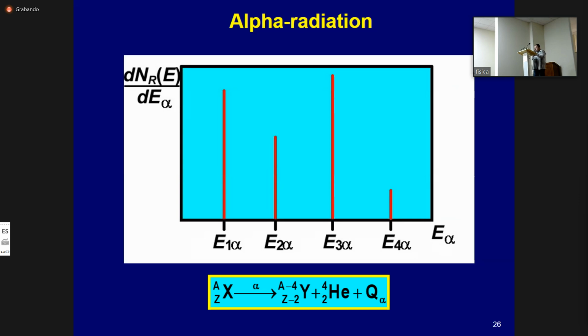The remaining daughter nucleus can be both in the ground state and in the excited state. Excited states are characterized by certain values of excitation energy. Therefore, for each state, the alpha spectrum will be represented by a discrete set of energy values. It can be depicted as vertical lines, the length of which is proportional to the probability of decay into one or another state of the daughter nucleus. The energy of alpha radiation is limited to the range from 2 up to 12 MeV.